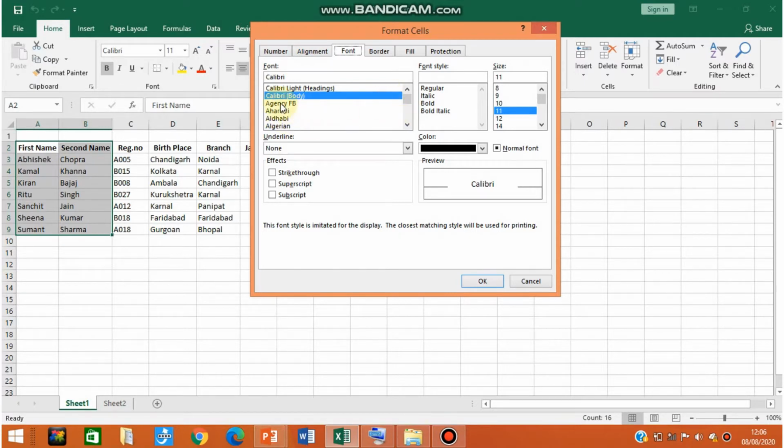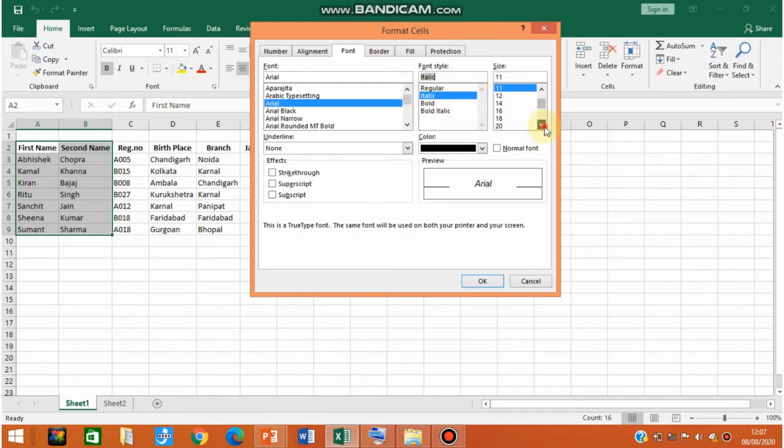Suppose I am selecting Arial. Then there is font style, the type of font: regular, italic, bold italic. Suppose I am selecting italic. And the size of the font you can select. Suppose I am selecting 14.